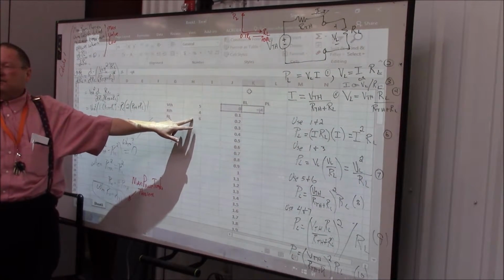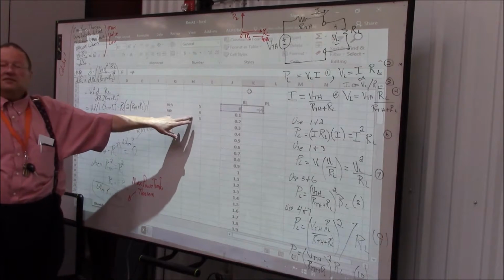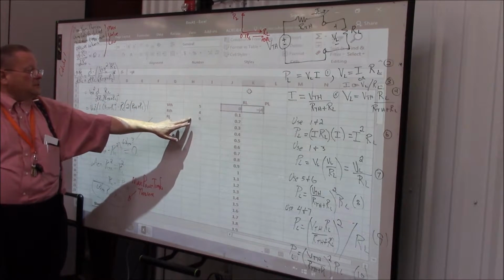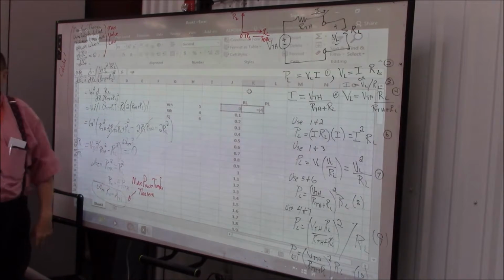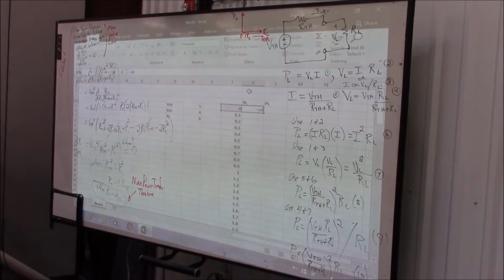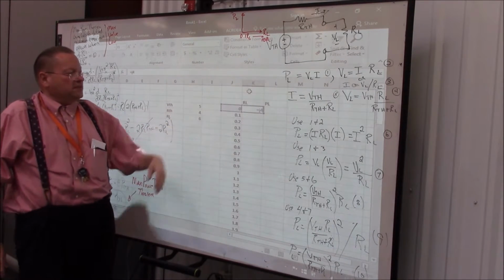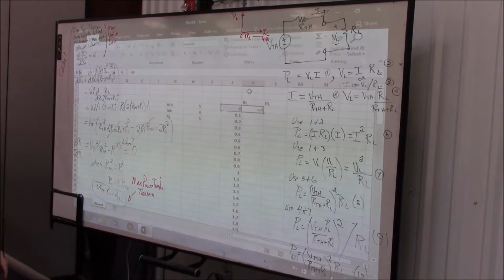So what's the address of RL? It's not this, it's this. So it's H6. Yeah, it just happens to be the same as the 6 there. Now, if I just type in, well, I'll go ahead and do it. I'll just type in H6 times H6. So see how it made a red box around the 6. Okay? And now I press enter, and it calculated. And so if I copy that formula,